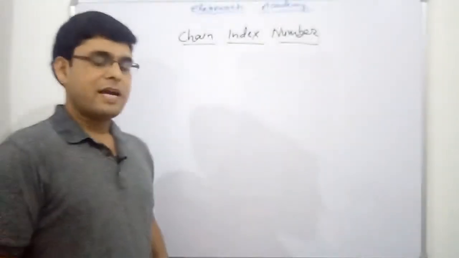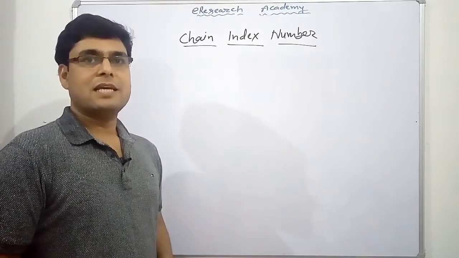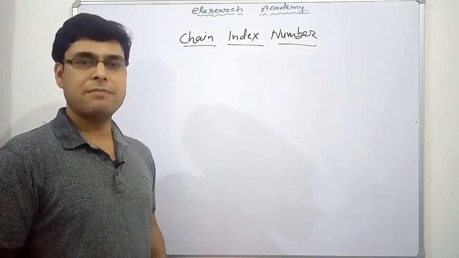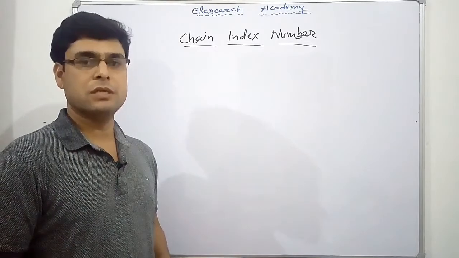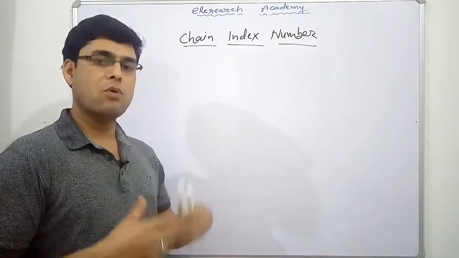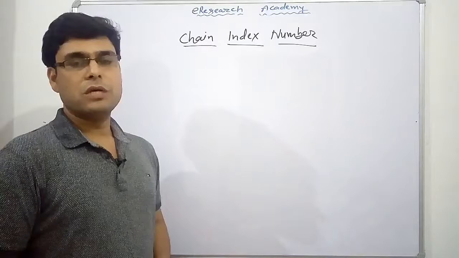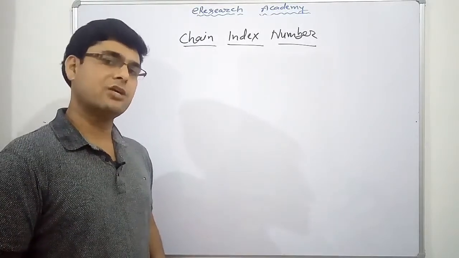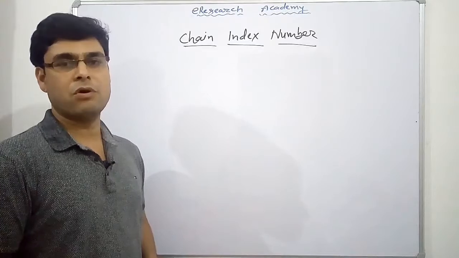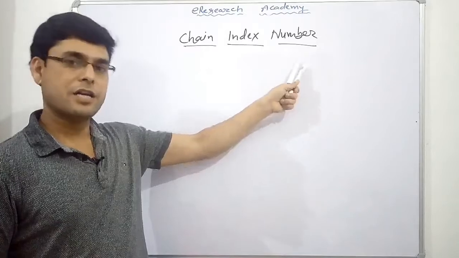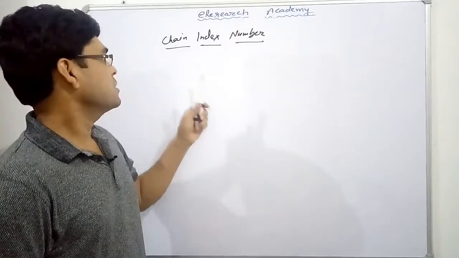It might happen that due to the obsolescence of items, or an item becoming less significant, we will have to drop it from the index and include some more items in the index. So from that point of view there is a need for certain techniques that are quite flexible and help to measure the actual change over a period of time, or between two periods of time, and the chain index number is the alternative for this. Okay, so friends, let's start.